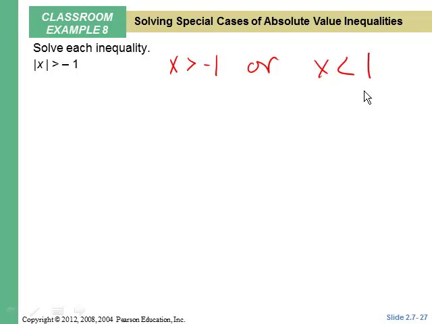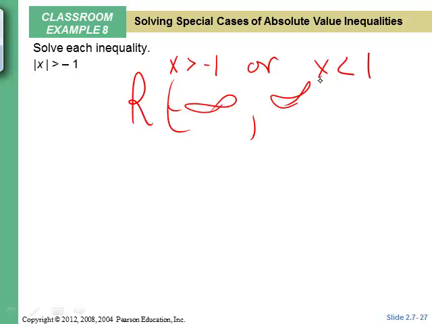Let's see here. Is greater than negative 1. Well, any number is greater than negative 1. So we would say all real numbers, or in interval notation, negative infinity, comma, positive infinity. There's nothing to solve there, because any number has an absolute value that's greater than negative 1. That was a hard question. Okay, if you have any questions,